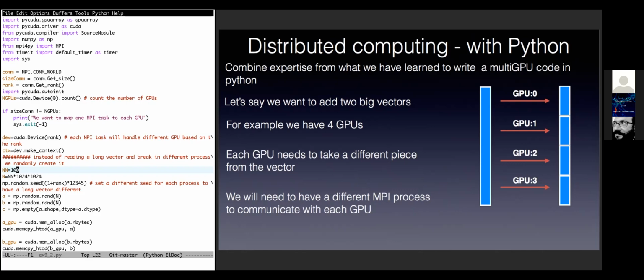calculation. Let's say that we make these big vectors that we did before, about 100 million elements, and depending on the rank, we give them a different seed. So we have different pieces of this vector per MPI process, because this is a rank dependent seed. And then we create the 4 pieces that compose our vector. Yeah, the 2 input vectors A and B, and then C is the